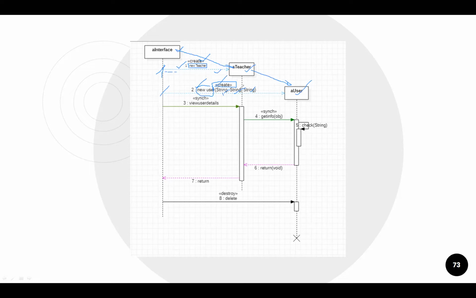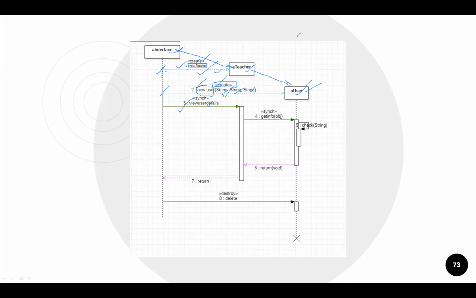So sir, for this we have created. Now again see, this is above and this is below. In fact, it is below to this also, teacher, because first this particular object is created and the user object is created. So there is a little bit of gap here. So now this is object creation. Now coming to the line number 3. Line number 3 is that we are using the object of the teacher. Using the object of the teacher that we have created, we called its method. Which method? View user details. This method we have called.